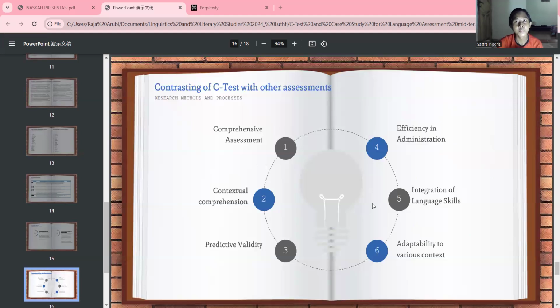Why? Because multiple choice and the clause test just emphasize boosting reading comprehension, while for multiple choice, the disadvantage is that it's really not recommended